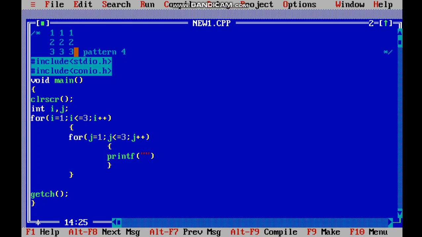Now if we visualize, what we actually need to print is nothing but the value of i. See, when the value of i is 1, the inner for loop will run 3 times. This means the i value will be constant for one complete evaluation of this for loop. That means we do not have to print anything extra, we just simply need to print the value of i. That means %d and a space, then i value.